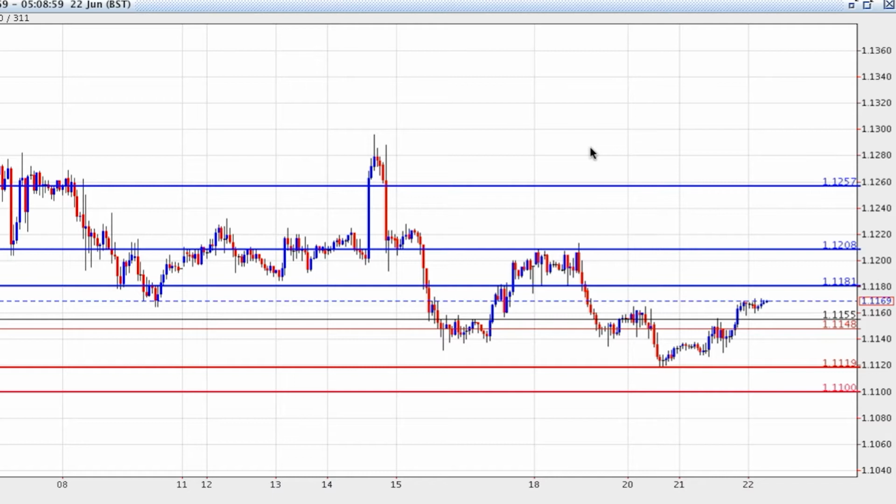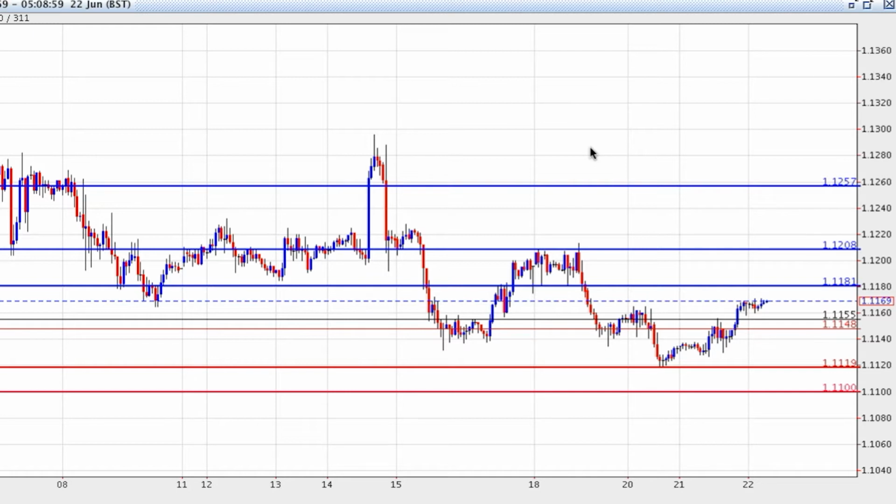Today I'll be looking at the euro against the US dollar. I'll be discussing its recent trading action and I'll also be identifying the key technical levels that you need to know going forward. So the euro dollar at the moment remains a difficult sell underneath the 111 area, and